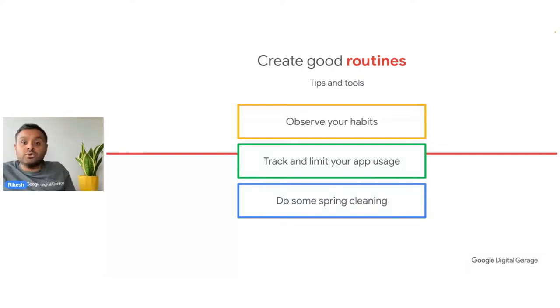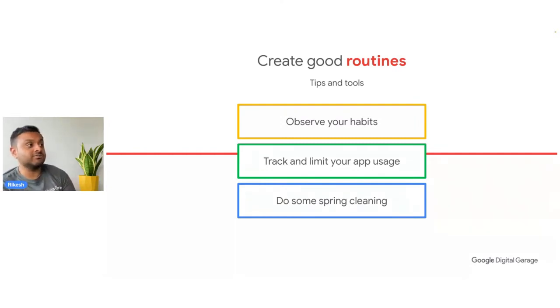Then you can use the digital well-being or screen time settings to limit certain app usage. If you use an app which you feel is not really adding that much value to your life, then you can limit it, so you're only spending a certain number of minutes per day that you've allocated for yourself. Maybe you allow yourself a little more time over the weekends or when you're not working.